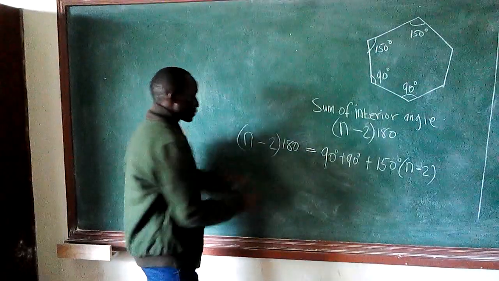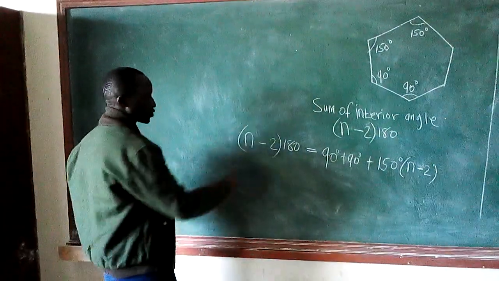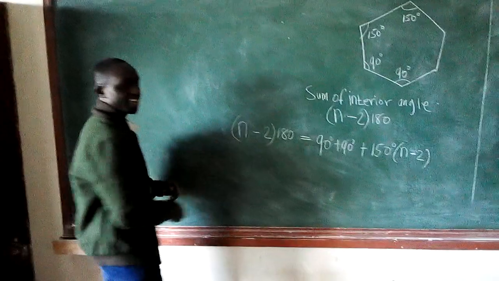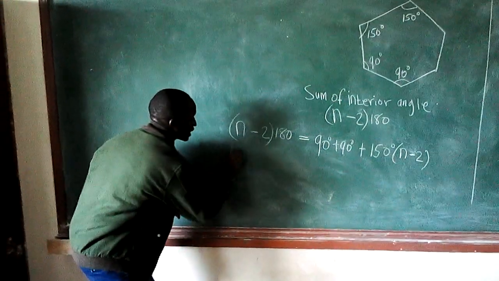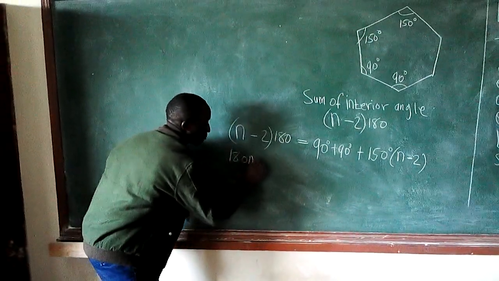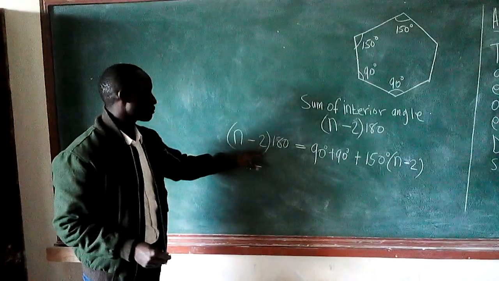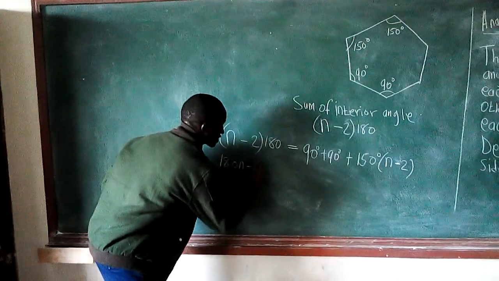Therefore, let us open the bracket first here. Hereby we are going to take 180 multiplied by n. We get 180n minus 180 multiplied by 2. We get, that is,